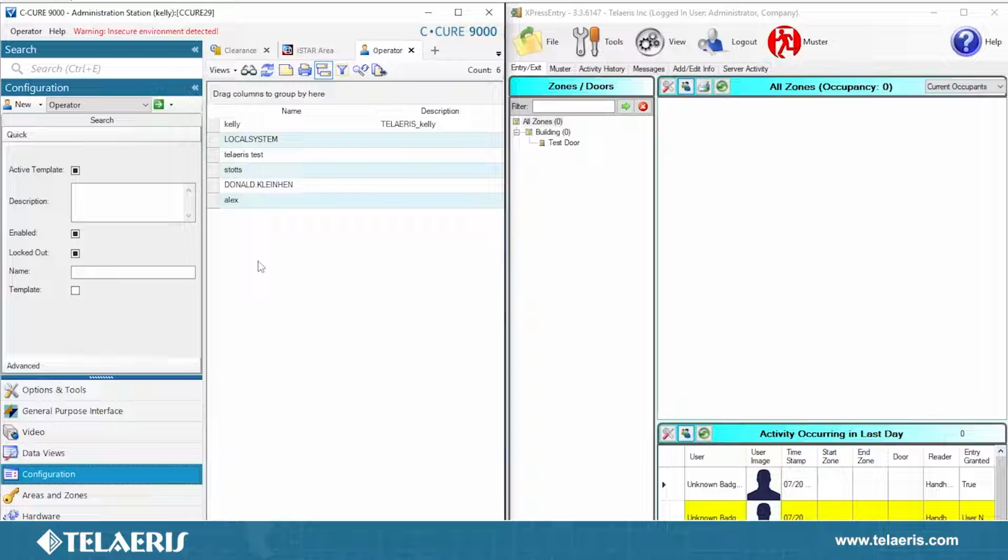But in this case, what you will want the operator to do is be kind of the service account that will allow the XPressEntry application to log in to CCure and do the integration pull. A lot of times we do recommend to have a Windows service account that you will be using. This service account will be used to talk both to the SQL Server database and also be used here to